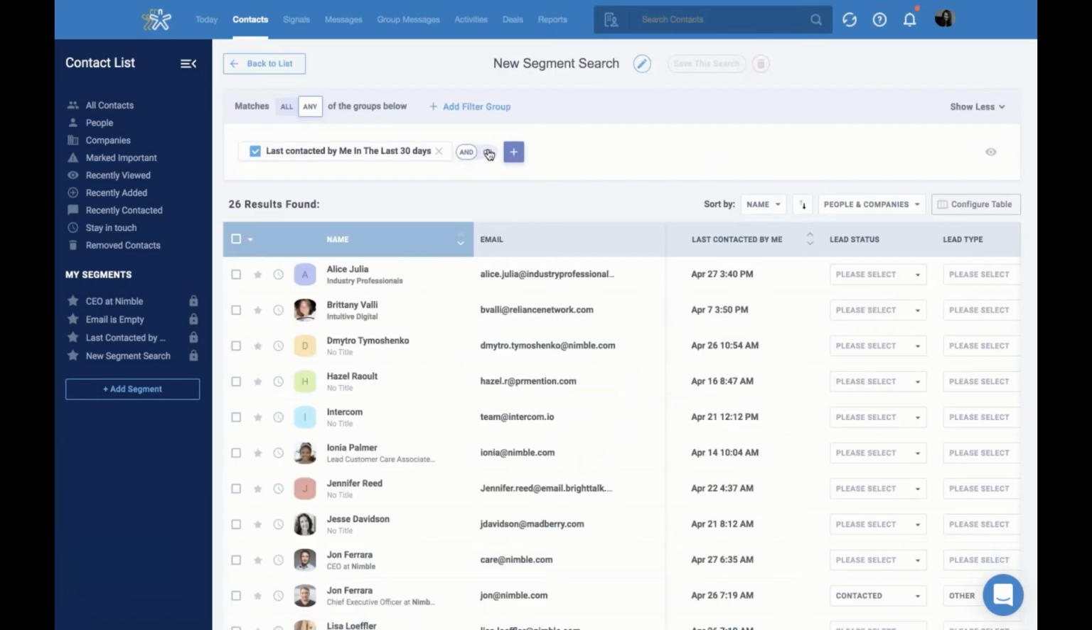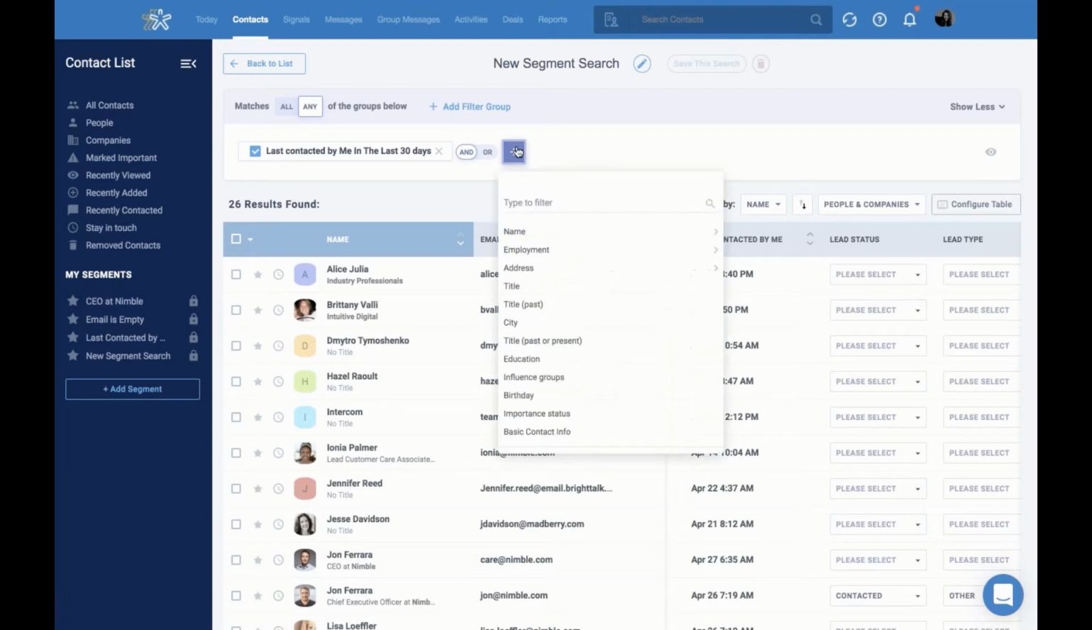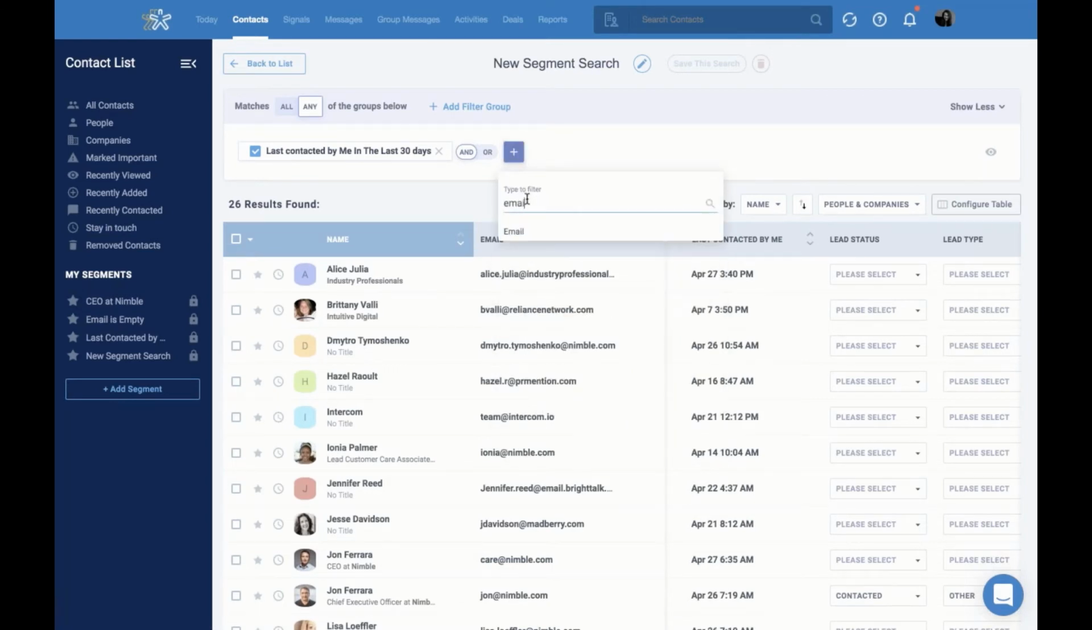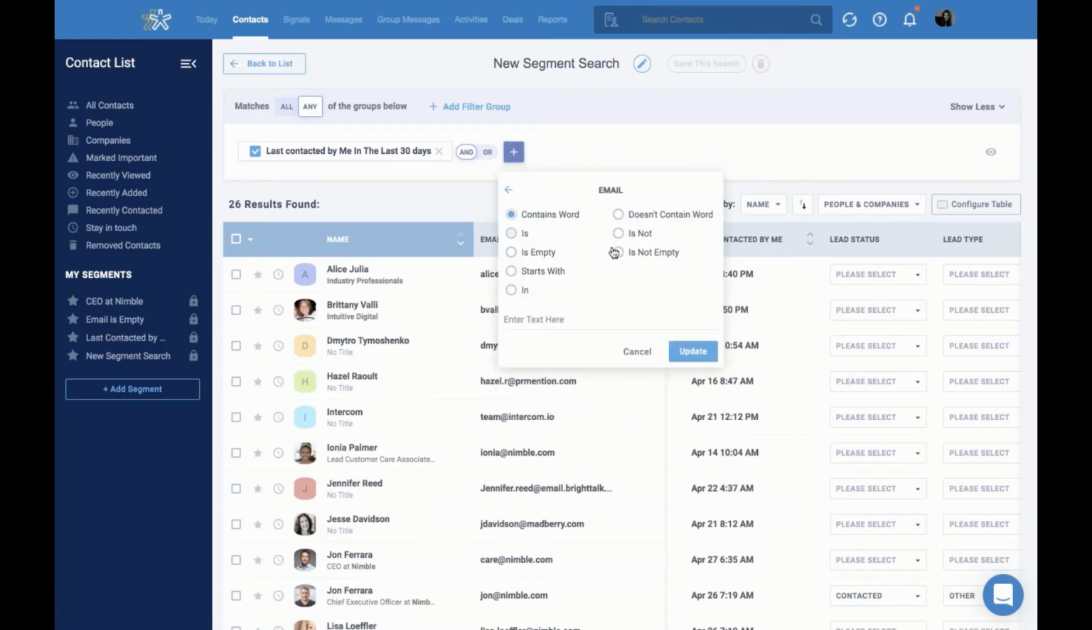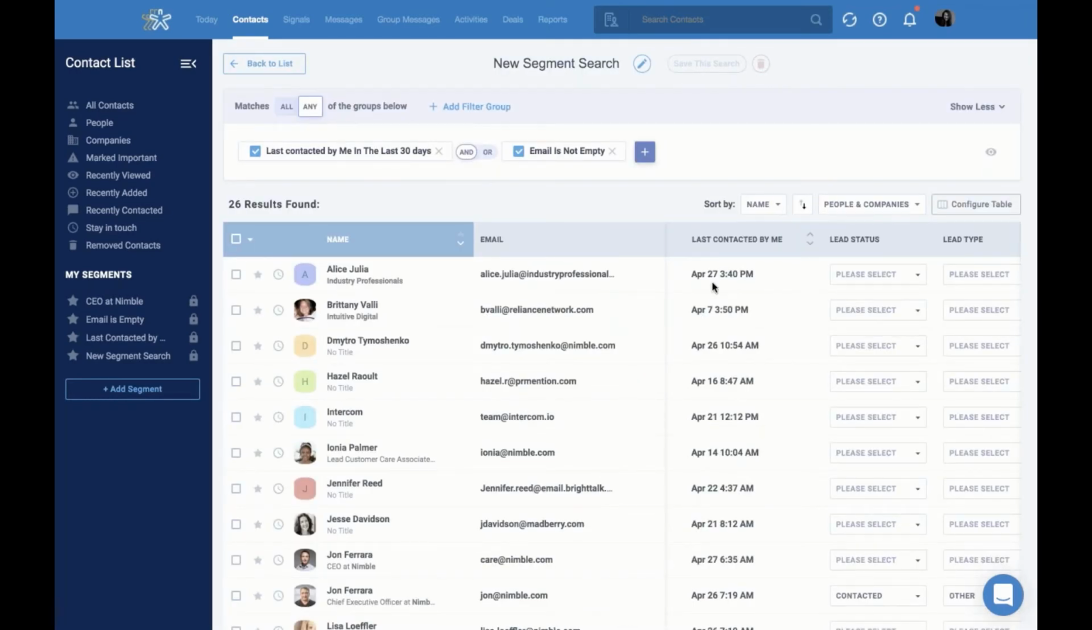And then you can also use and or logic. I'm going to use and email is not empty. But if I've contacted them in the last 30 days, chances are their email address is not empty. So once you have the search, you would click this box, and you can take several actions, such